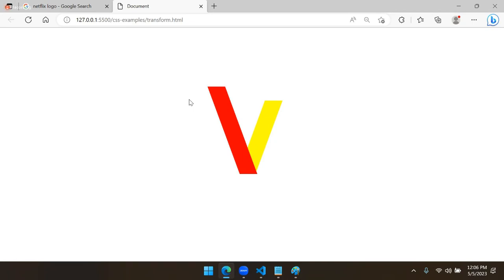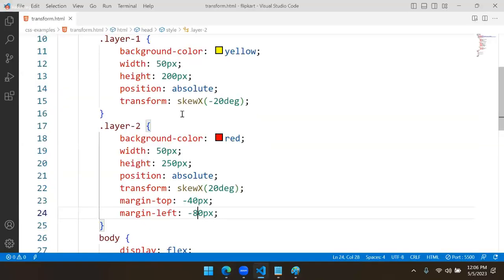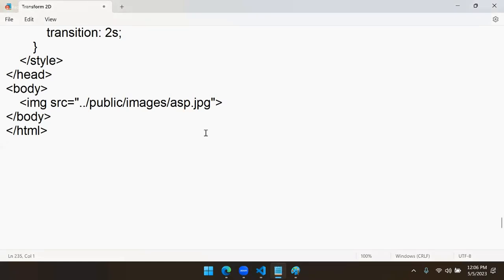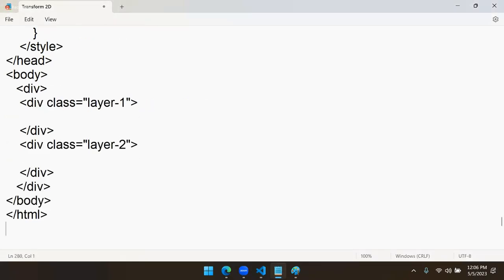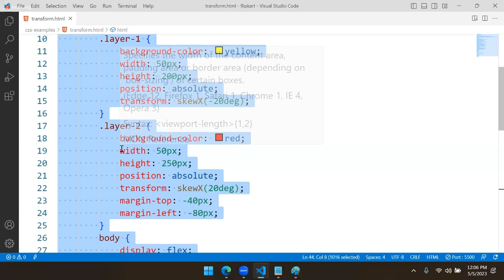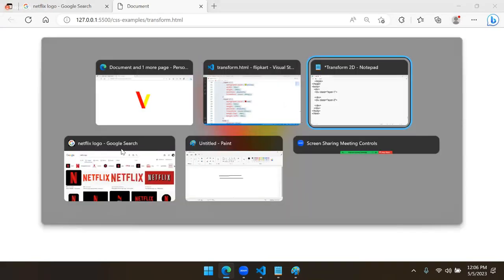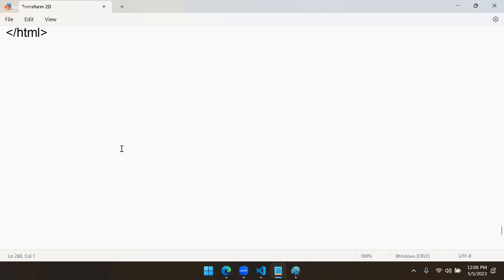That is done by using this. I will copy this, just a rough example for you to try. Okay, you can try this. So this is just to understand that a lot of logos, banners, and a lot of animations are all done by using this. Now, these are all CSS related effects,